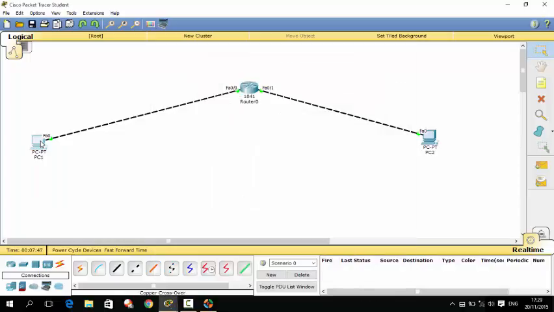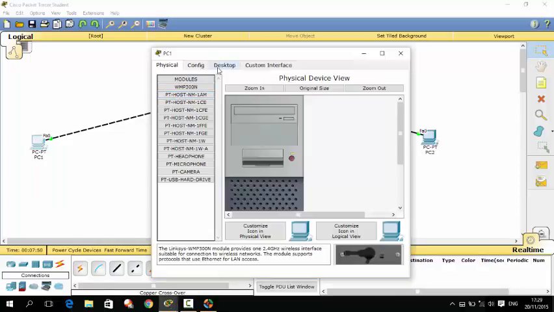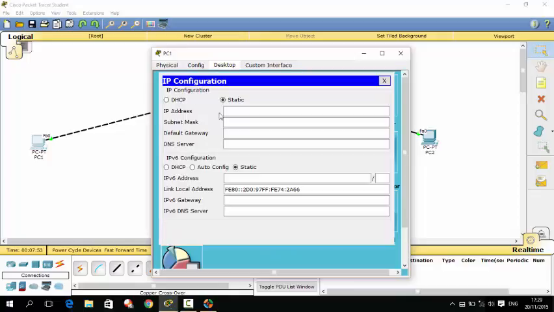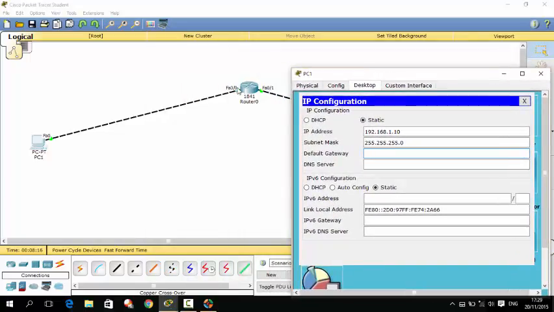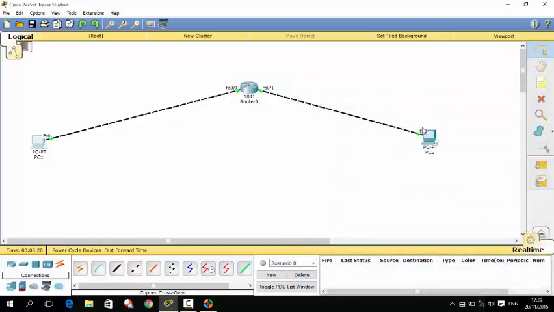Okay, so next we have to configure our PCs. So we click on the PC, and we go to desktop and IP configuration, and we give it an IP address of 192.168.1.10. So that's our network there, the one. Our subnet mask we've already defined as 255.255.255.0, and our default gateway is our gateway out of the network, so it's actually this one here, the FA0/0. So whatever IP address you've given that, we've given it 192.168.1.1. Okay, so we click X there. Do the same on